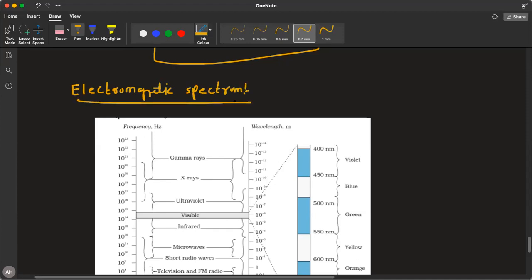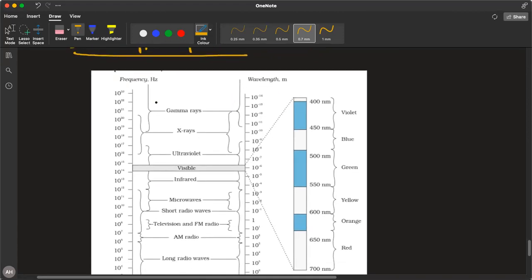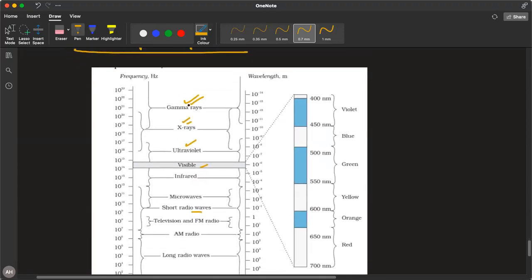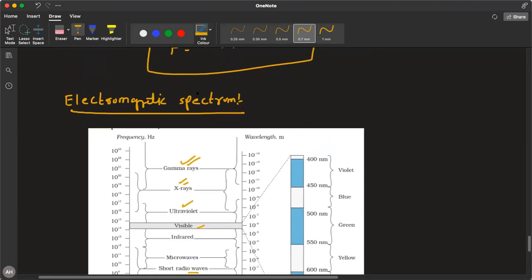See, the electromagnetic waves that we just read have several examples. There are various types of electromagnetic waves. One is gamma rays, another is X-rays. Ultraviolet, visible light, meaning violet to red colors, infrared, microwaves, radio waves. These are all examples of electromagnetic waves. This whole spectrum, starting from gamma rays to the long radio waves, is known as the spectrum of electromagnetic waves.